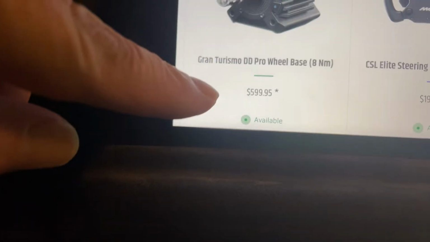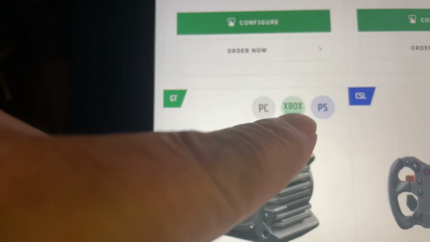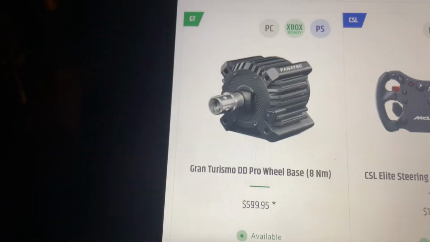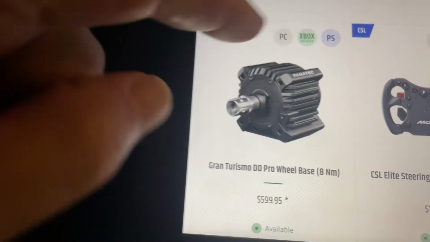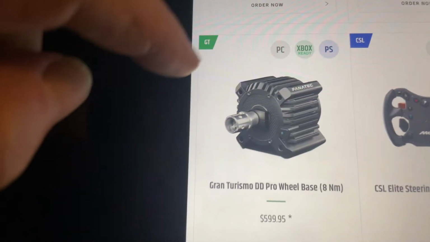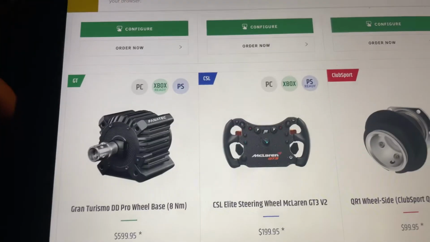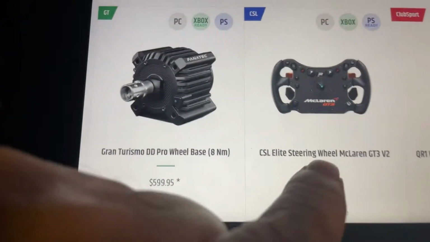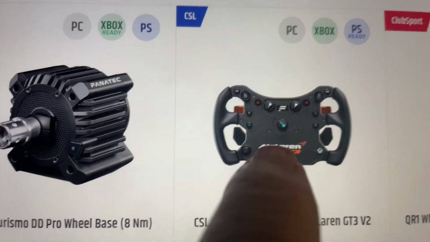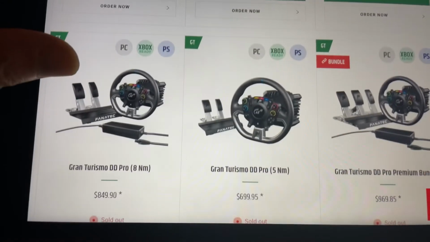Okay. Gran Turismo DD Pro wheelbase. Xbox ready. Gran Turismo is, I mean, is this a name? Yes, it's just a name. This is not a Gran Turismo certified unit. I think something happened between them and Sony because you notice it's Xbox ready. Their cheapest piece of crap wheel that has a habit of failing immediately. It went from $400 down to $199. And you notice there's no